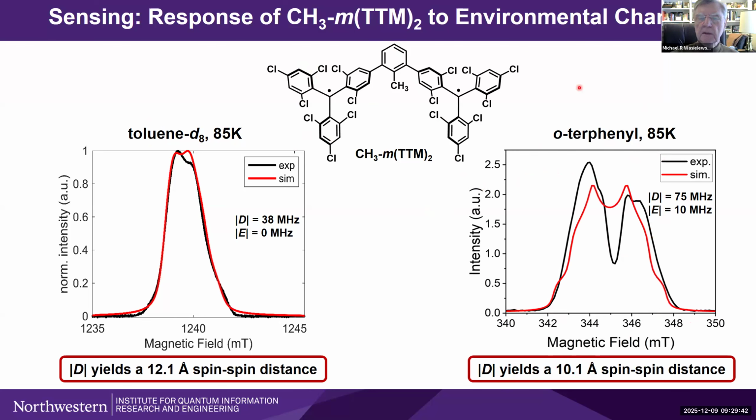So what could have happened here? Well, it's easy to imagine what might happen, and that is the angles between each of these single bonds in the system can actually change as a function of interaction with the matrix. And so it doesn't take much to redistribute the spins. So on average, the spins are a little bit closer, not the geometric distance between the radical centers as depicted in the cartoon, but actually more delocalized toward each other in this case. In this case, about 1 angstrom on either end, so to speak.